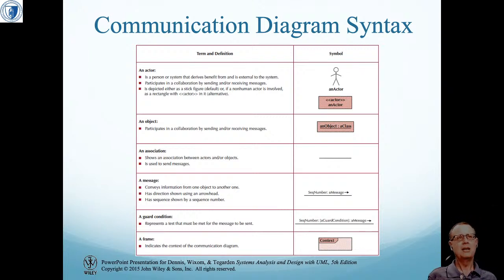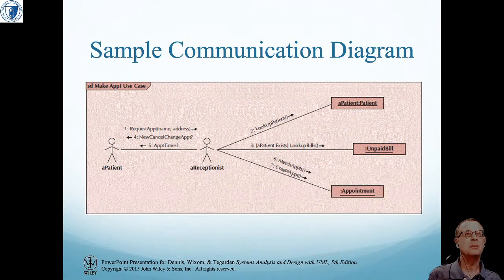communication diagram. Same sort of thing for an actor, same sort of thing for an object. Now we have an association, and we may have a message that's passing between two different objects or between an actor and an object. We can also have a context, a frame to show what's happening. Right, and here's an example where this is the